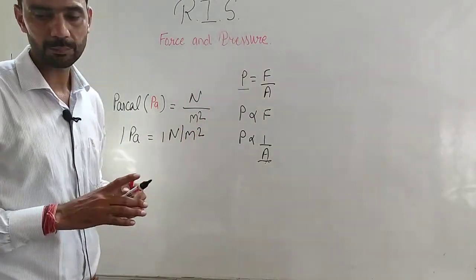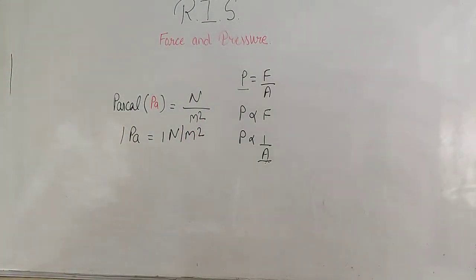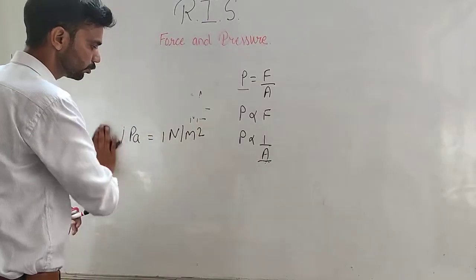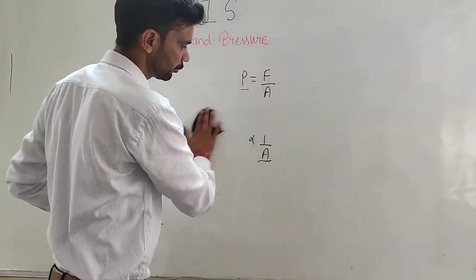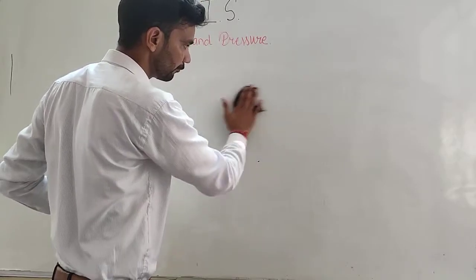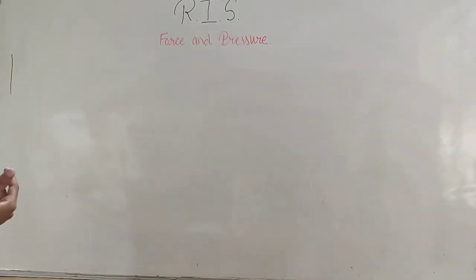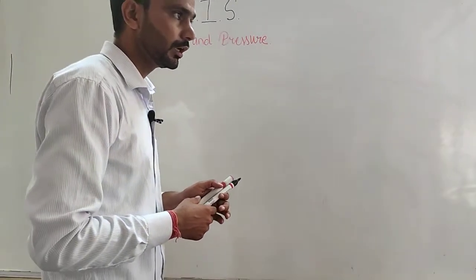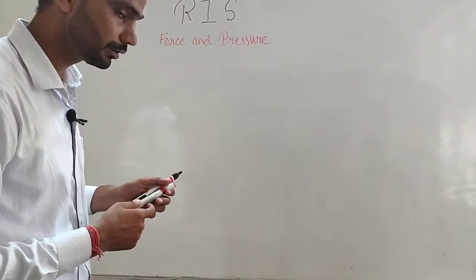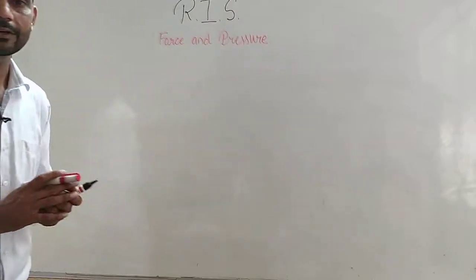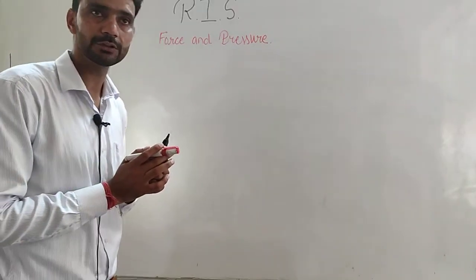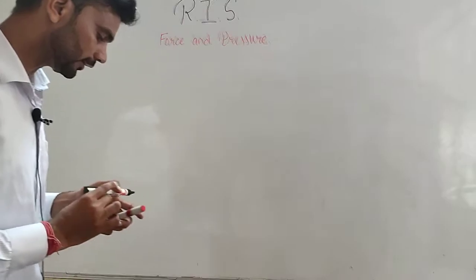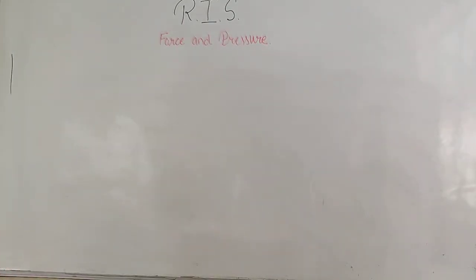Now we will discuss about the pressure in liquid. We know that liquid also exert a pressure. If you want to swim in swimming pool, then you have to exert a force. Without exerting force, you cannot swim. So water also push in us in backward direction. It means the liquid also exert a pressure. Liquid also exert a pressure on the objects. How can you say that the liquid exert pressure on an object? So for that, we have an activity.